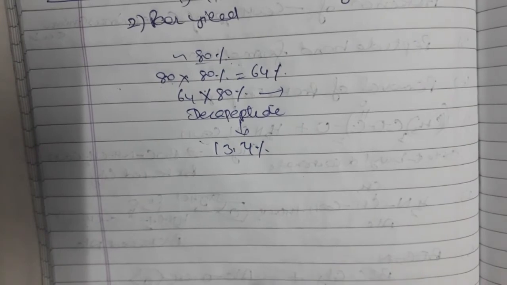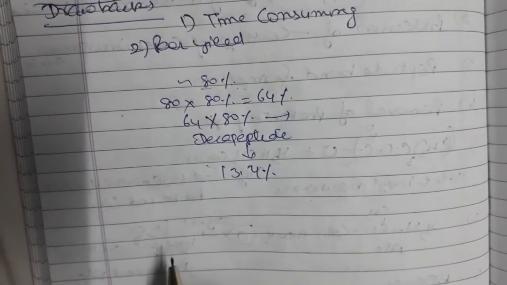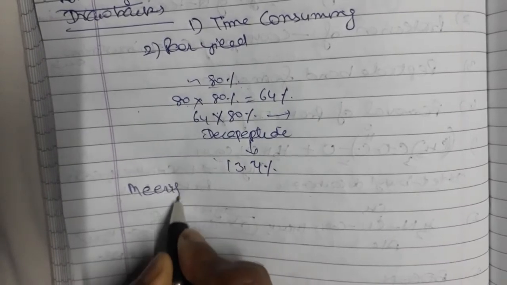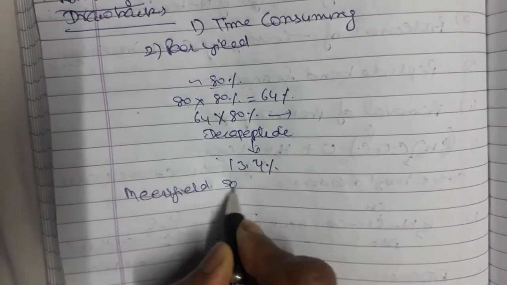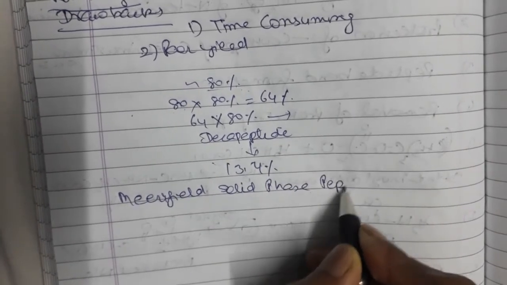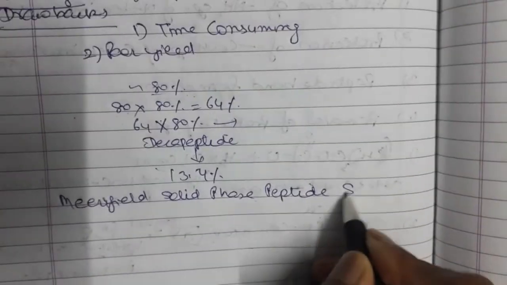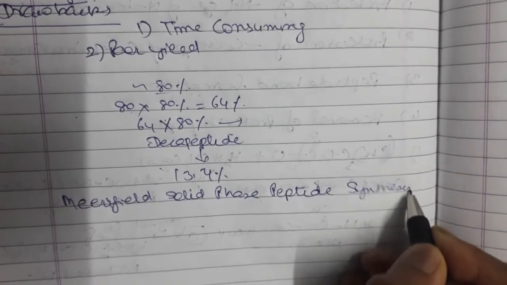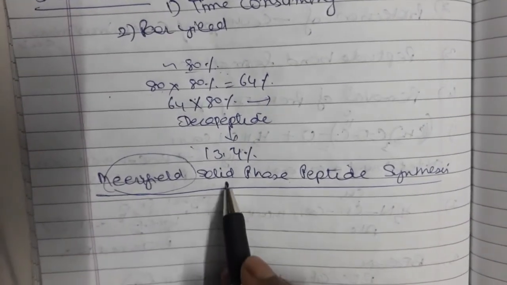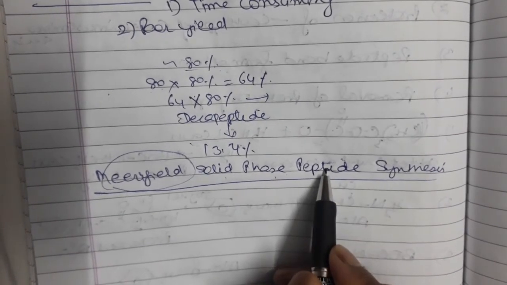So to overcome all these drawbacks, we have a wonderful modern method, that is Merrifield solid phase peptide synthesis. ਸੋ ਦਿਸ ਇਜ਼ ਦ ਨੇਮ ਆਫ ਦ ਸਾਇੰਟਿਸਟ। ਸੋਲਿਡ ਫੇਸ ਪੈਪਟਾਈਡ ਸਿੰਥੇਸਿਸ, ਨੇਮ ਤੋਂ ਕਲੀਅਰ ਹੈ ਕਿ ਅਸੀਂ